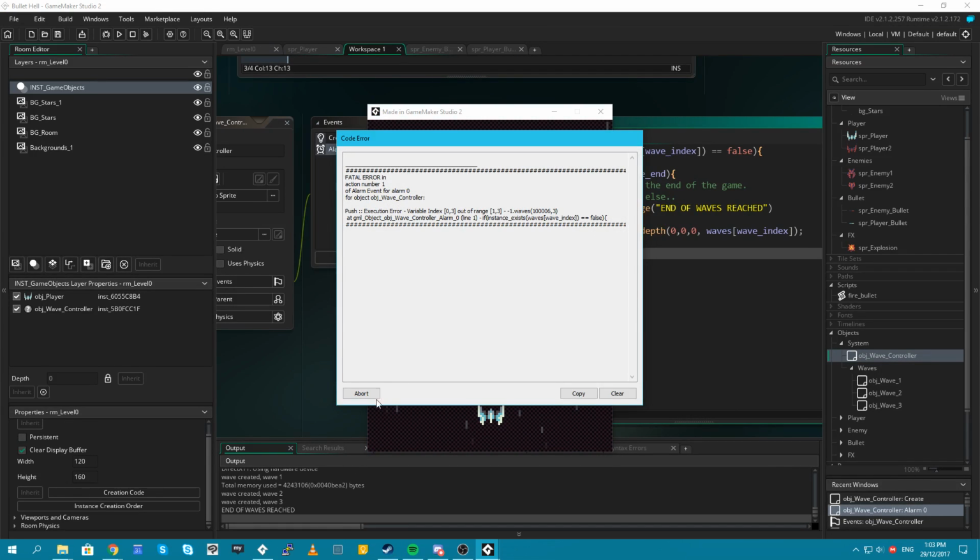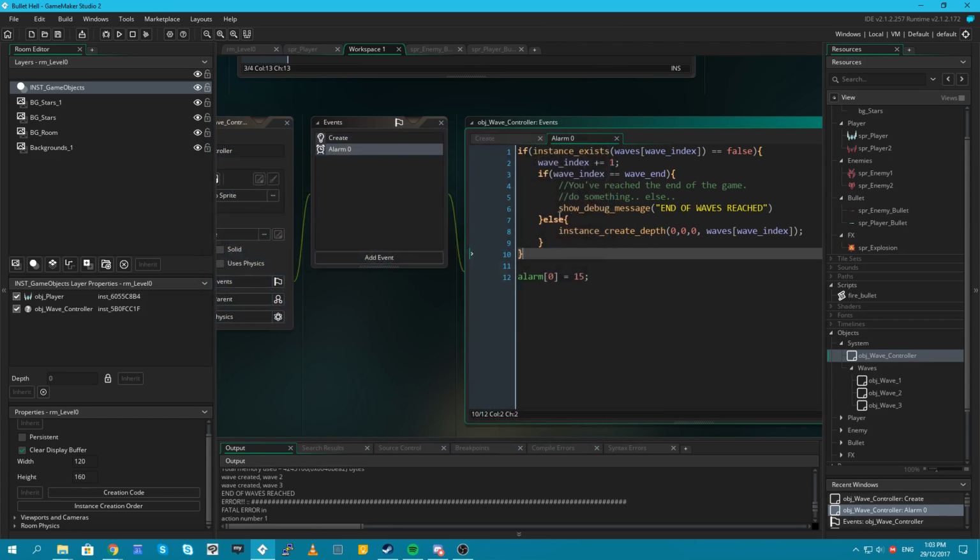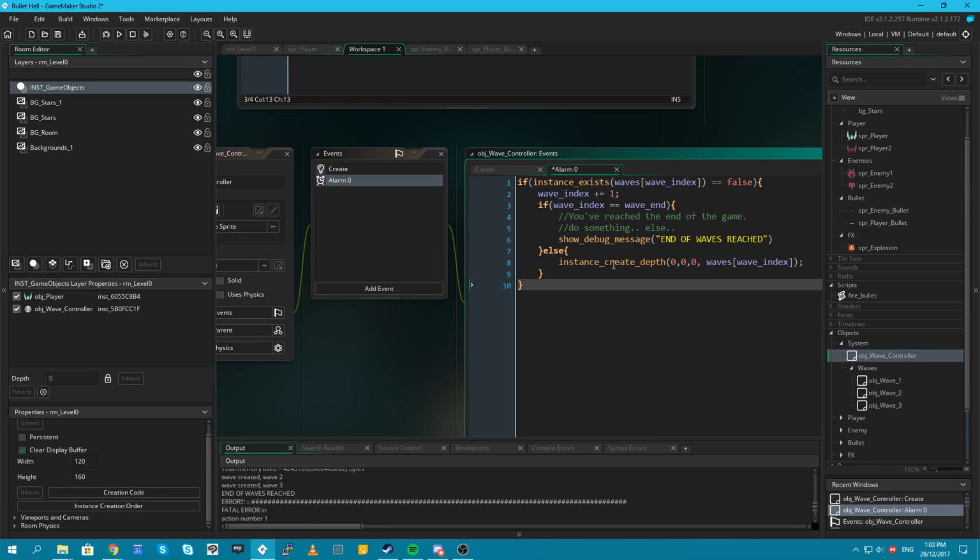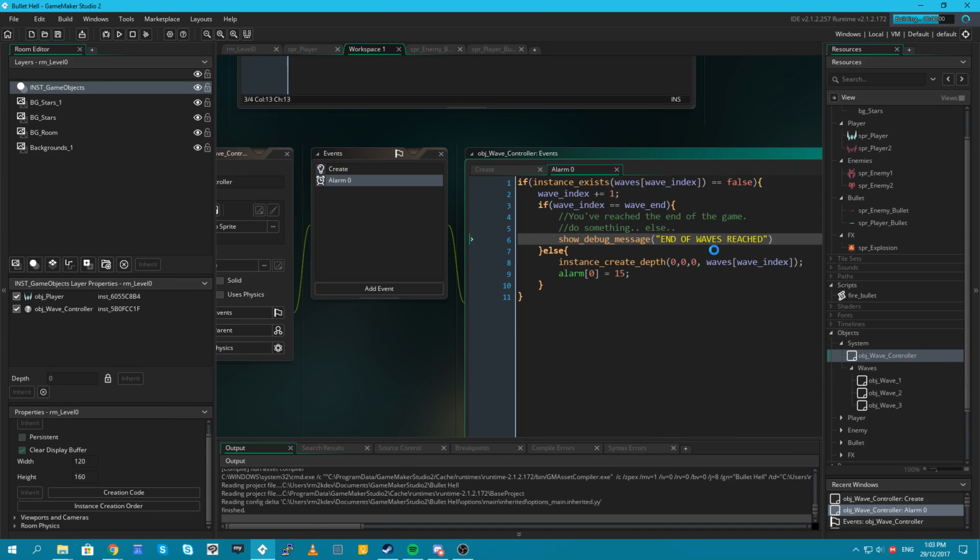End of waves reached, yet it's still trying. Ah, I see. Then we only re-trigger the timer if we've created a new wave. Because if we created a new wave, we redo this timer so that it checks to see if the wave is over. If the wave has reached the end, show the debug message that the end of waves has been reached. Don't show another one.